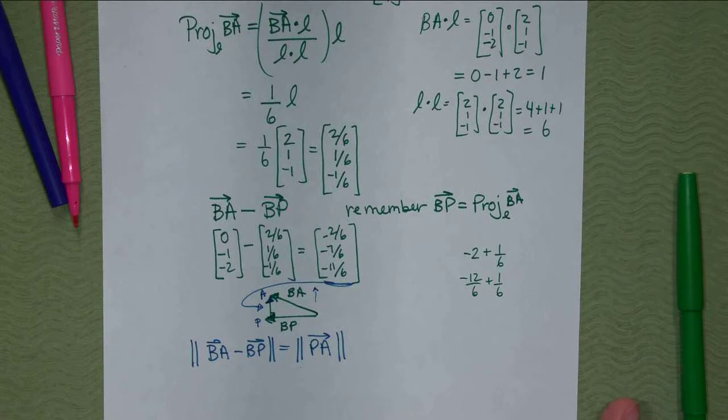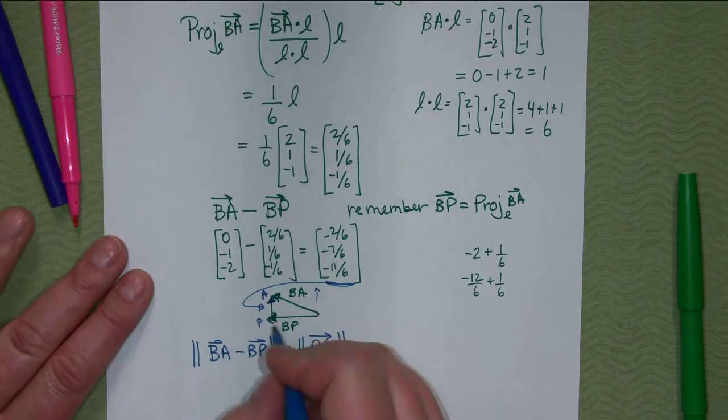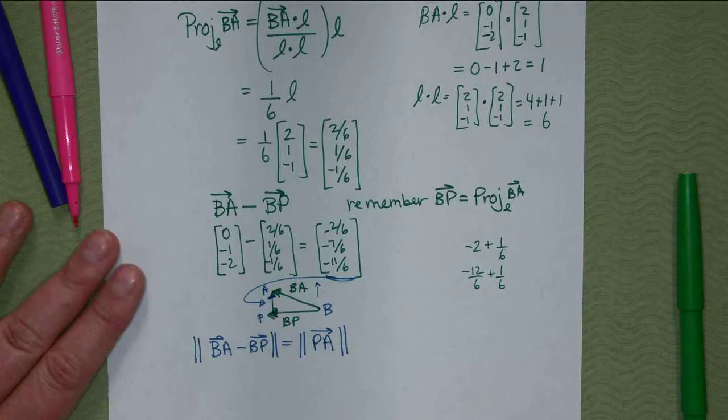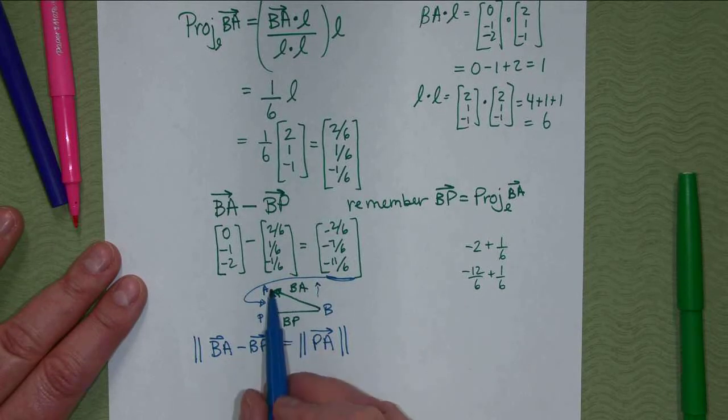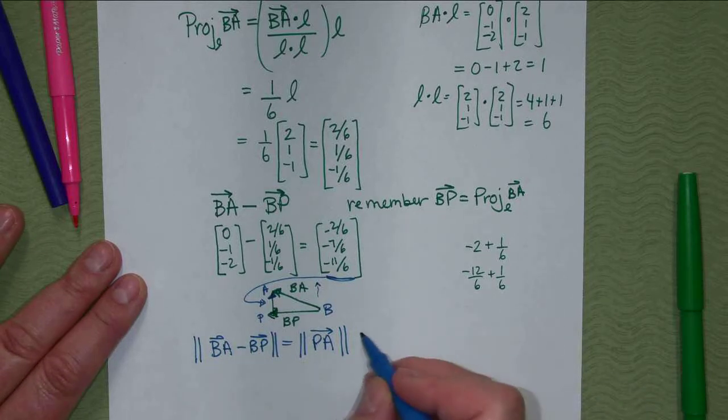Right, just going with the points, this is P, A, and B. So instead of writing that every time, that's how we found it, by subtracting those, but it's the vector between A and P going in that direction. So the length of that